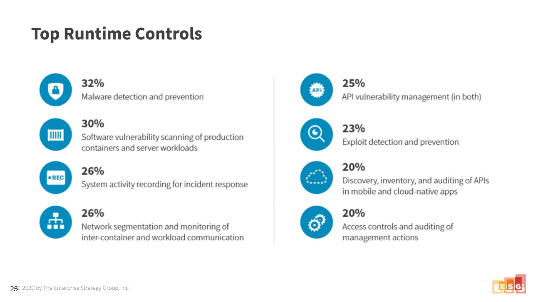Same ought to be true for malware that can be moving laterally to your server workloads. Obviously, when it comes to vulns, we're not just worried about known vulns, we're also worried about 0 days. So we want to have some ability to detect vulns and anti-exploits, so things like virtual patching in a production environment. And then, as I mentioned earlier, the need to log system activity for IR and investigations.